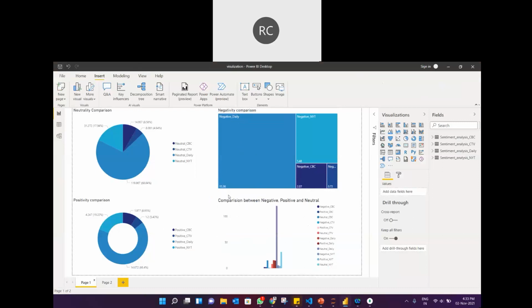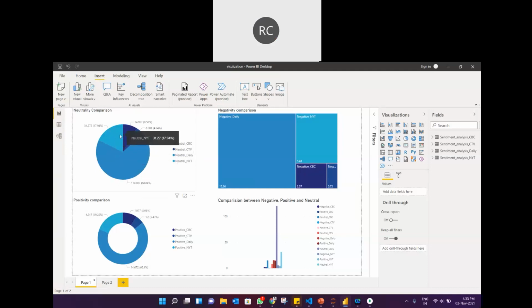The third one is a comparison of positivity, and the fourth one is a comparison between all 3 aspects: negativity, positivity, and neutrality. We can see that daily news has the highest neutral news, and after that